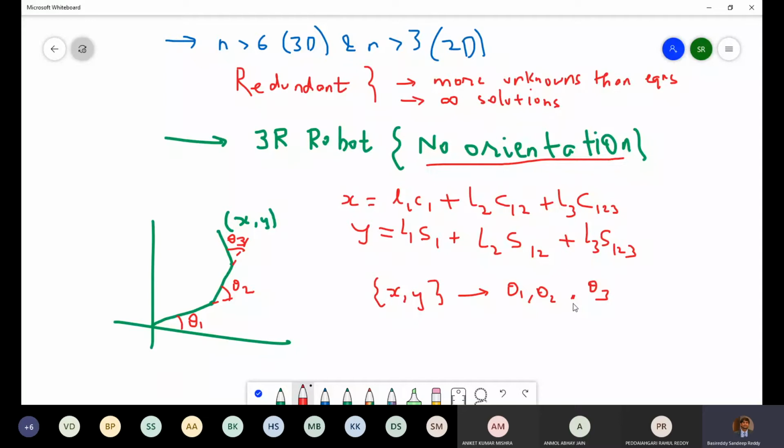So now to solve this, if you want a unique answer, then you have to find some way of imposing some constraint or some other expression to get a unique answer. So you need one more equation.